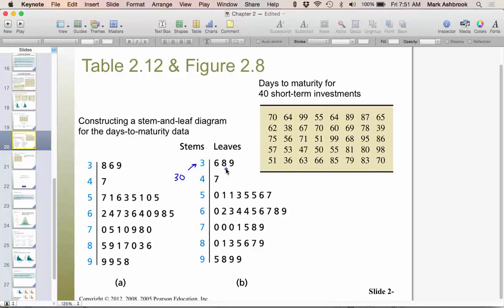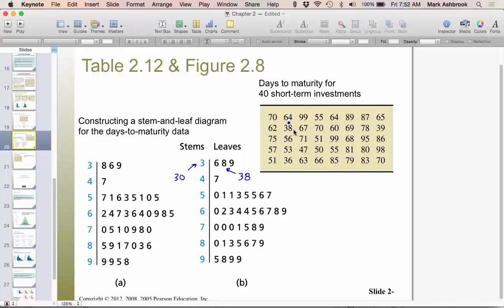And this 8 right here refers to what? 38. It's showing that there's one data value in here. One of our data values was 38. So this 3 applies to the 6, the 8, and the 9. There was one